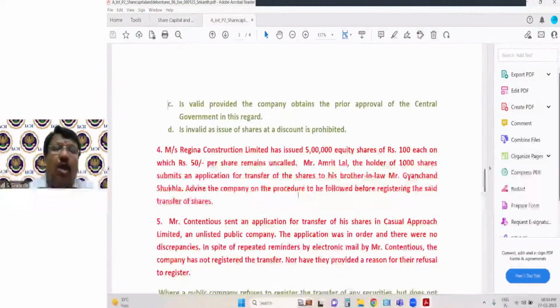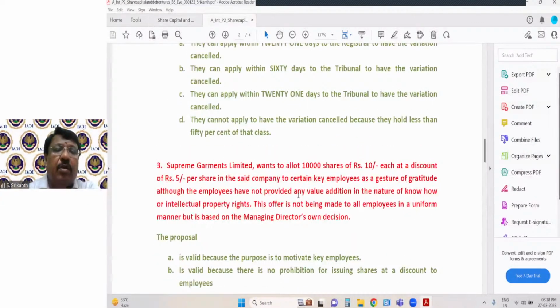Supreme Government wants to allot 1,000 shares of ₹10 each at a discount to certain key employees as a gesture of gratitude, although the employees have not provided any value addition. This offer is not being made to all employees in a uniform manner. It is based on the MD's own decision. Friends,